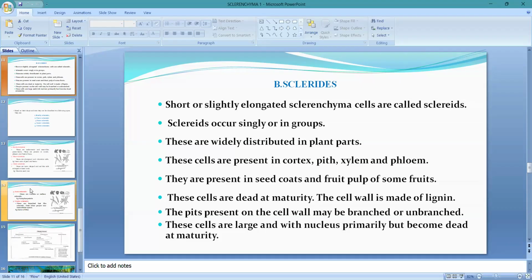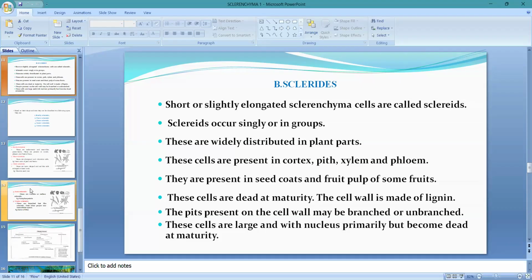The hard parts of seeds, nuts, and fruits are usually made up of stone cells. We are observing the sclereids in some parts of seeds, nuts, and fruits. These are usually made up of stone cells, which are called stone cells as they are sclereids. Examples: Pyrus, Anacardium, legume seed coats.